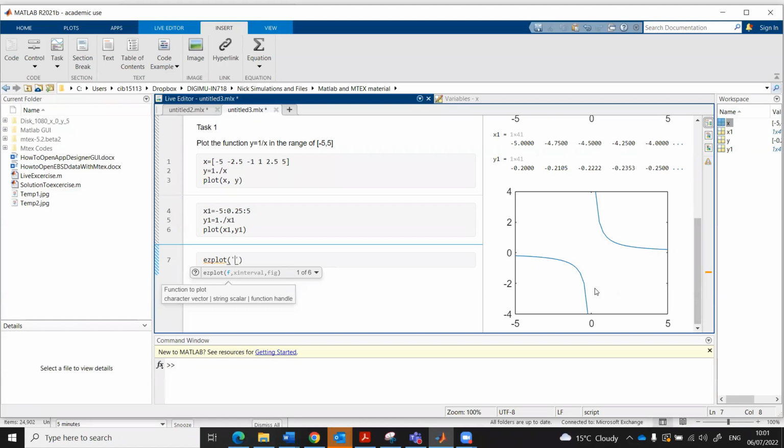So in the apostrophes, we can write directly the function 1 by x. Why Matlab does not recommend it? Because it cannot guarantee you that it will recognize any function which you will write like this. But if it recognizes, then it can straightforward plot it. See,